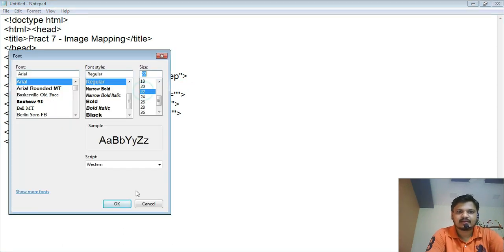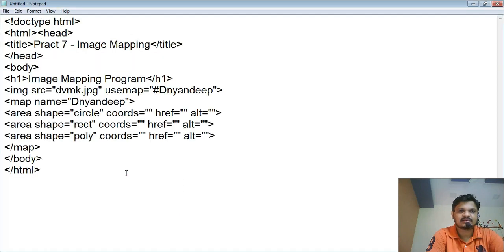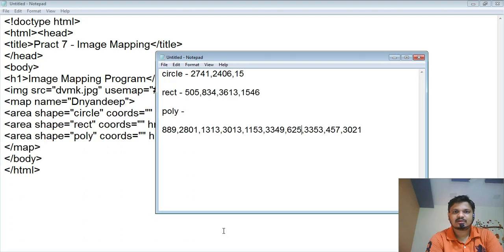Let me increase the font size. So this is very easy, but remember, getting the coordinates is the major part. So how to get coordinates? See, open the particular image in image editing software, that is Paint, and collect all the values.